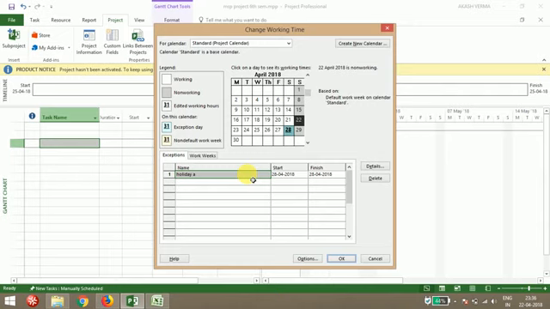Holi you can provide, or Dasera, or any other name you can give here. Like that, any number of holidays you provide, Microsoft Project will not count those days as working days. So like that you can set your calendar.